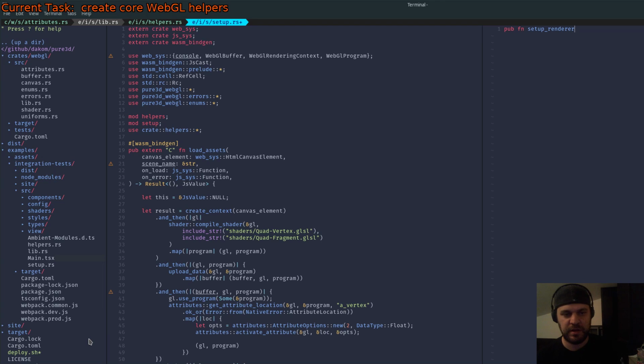Render, and we want to take a canvas element. Not sure why that's not a borrow actually, but whatever. And we want to give back the result of, let's for now call this render, or an error, right? And that's where we want to